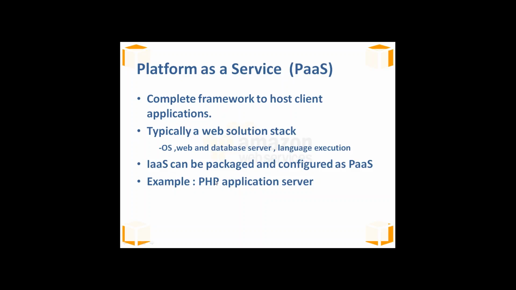For example, you can understand a PHP application server. If you have worked with PHP, it would be good. Or if you're working with Java, you might have come across something called JBoss or Tomcat. These are all application servers provided by your platform as a service. So if you ask me a question, Vinod, this platform provides all the application servers for us. Yes, all the application servers are available, so you can make use of those particular services.